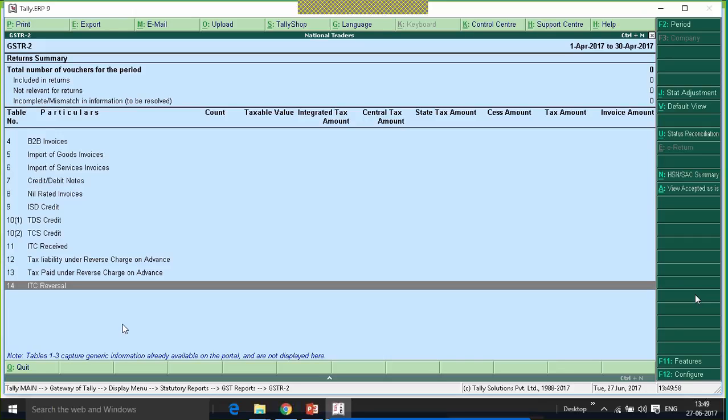And we have ITC reversal. All input tax reversal will be part of this table. This will include ITC reversal on account of exempted supplies and the ITC reversal